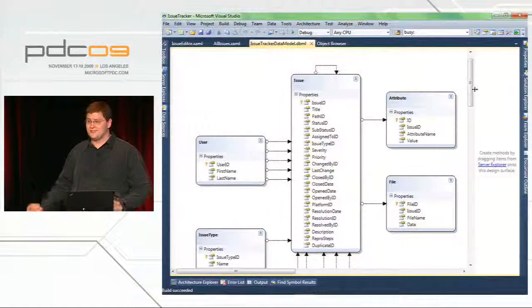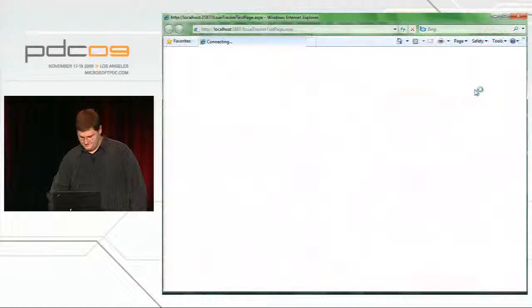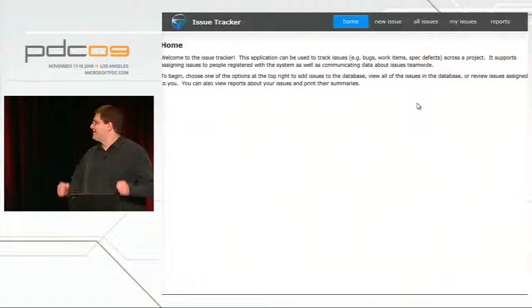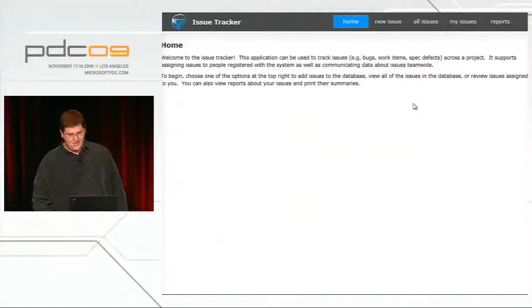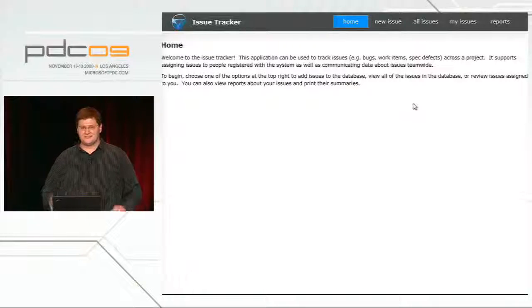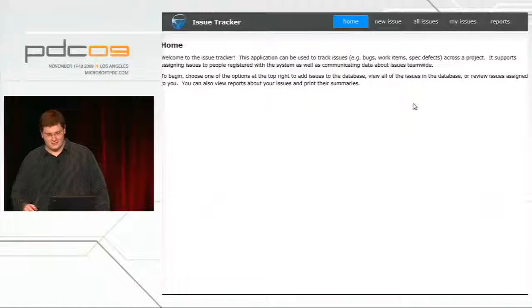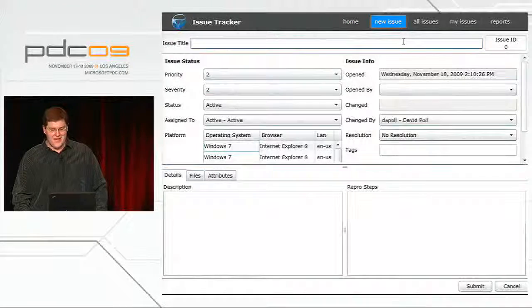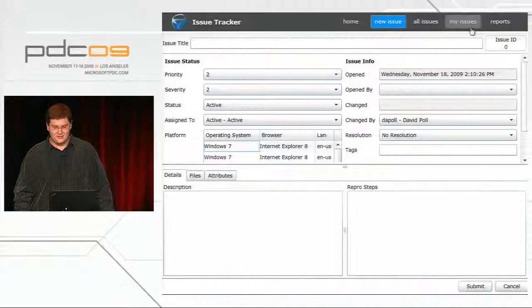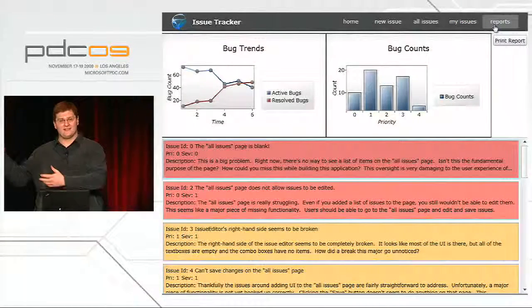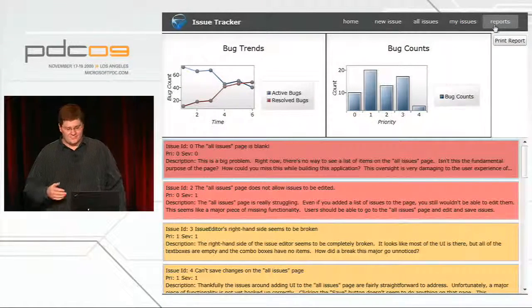So without further ado, let's actually take a look at the application. All right, so here we've got our issue tracker application. There are 5 screens. One's just a home screen, nothing too dissimilar from what you see when you create a new Silverlight project in Visual Studio. I can go and add a new issue to the database, look at any issues that may be assigned to me, take a look at reports about the set of issues in my database,